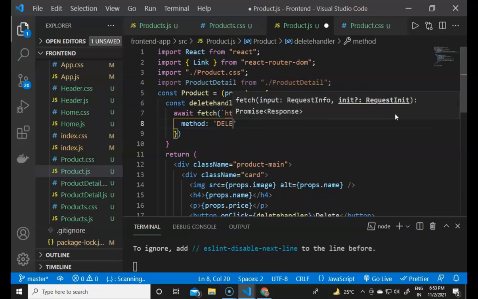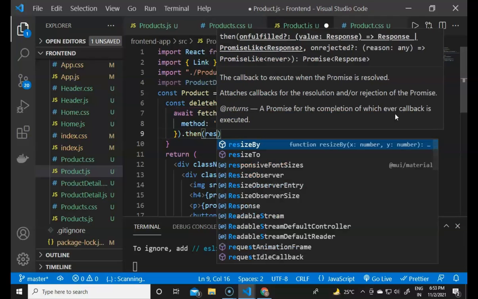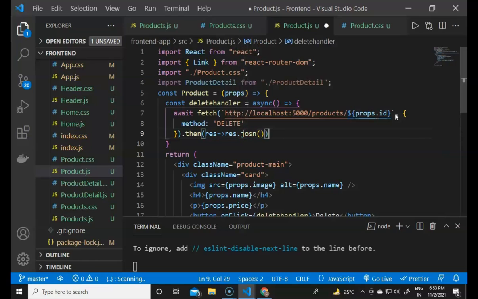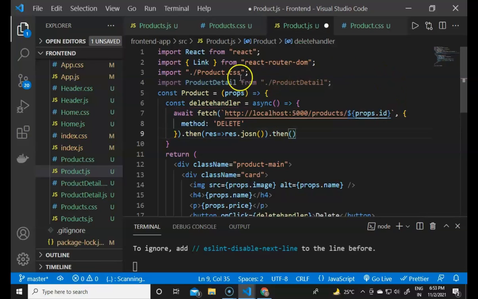So it will contain the delete, and now we have to send this request. Then we can use the then statements, and after the then there will be the response, and we have to convert the response to JSON as we did in the whole project. Now it will do a then again, and it will import the history from the React router DOM. So we have to import the history again, useHistory,